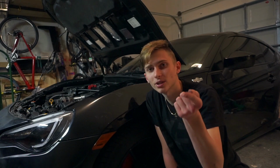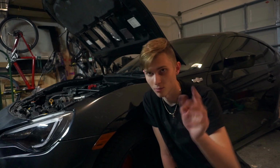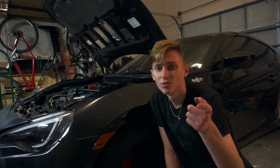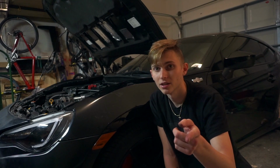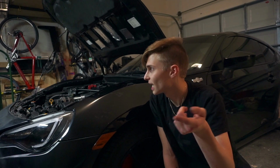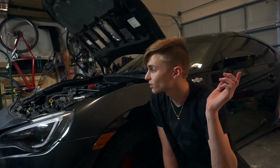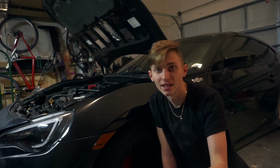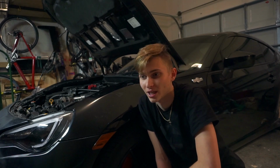Also, let me know if you guys want to see me do more Bondo, like more body work, because I'm still working on that. And let me know if you want to see me fix the exhaust leak. I might make a video on that just because I have the stuff. And I'm also going to try to make a video on fixing the paint. So you'll see those in the next coming days, or maybe in like a week, depending on how time works,